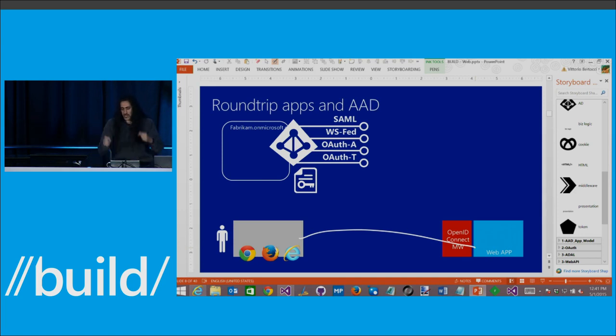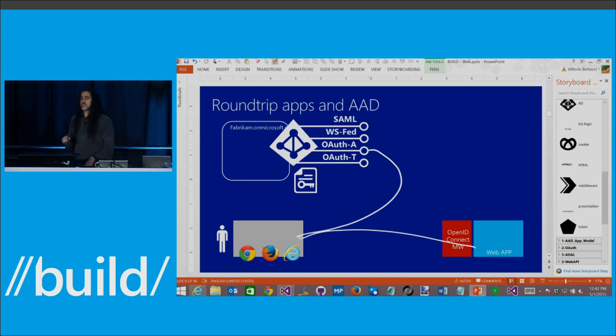So long story short, I try to perform this access. This access is blocked. My OpenID Connect middleware intercepts my call, crafts an authentication message, and sends this authentication message to the authorization endpoint. The authorization endpoint renders authentication UI, so a username and a password, or if you are already authenticated, perhaps